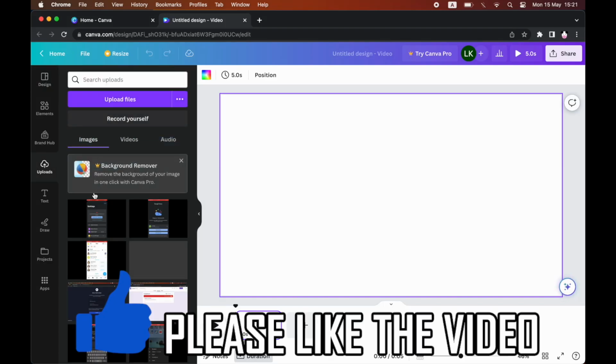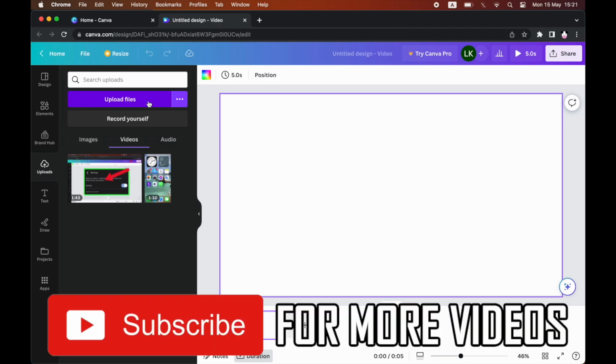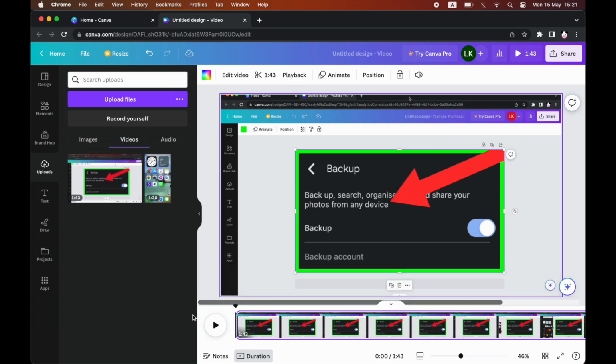How to add music to Canva and how to add audio to video in Canva. Both of them are going to be the same process. So once you're in the video section of Canva right here, what you want to do is click uploads on